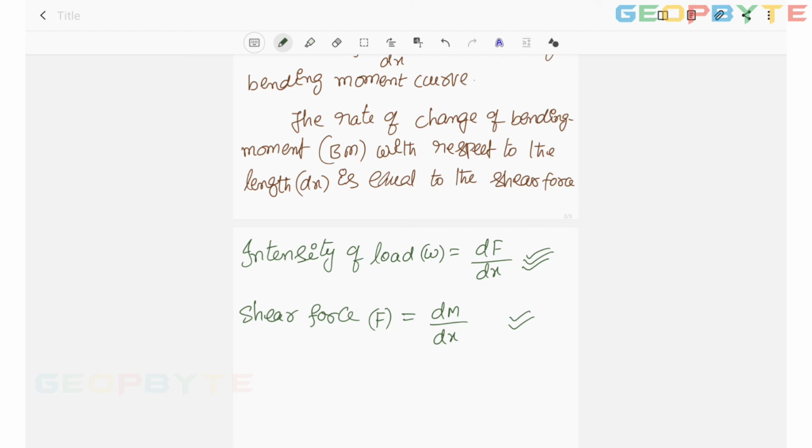With this, I am concluding the shear force and bending moment diagram concept. Of course, if time is permitting, I will solve some more problems from the shear force and bending moment diagrams. In the next video, I will start the theory of simple bending. That is a very, very important and interesting topic also. If time is permitting, definitely I will solve some more problems on the simply supported beam, cantilever beam and overhanging beam.